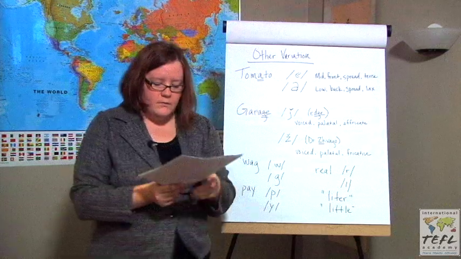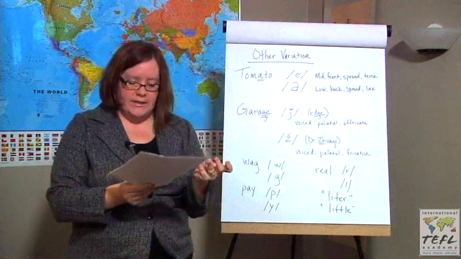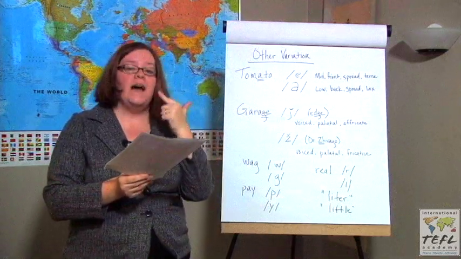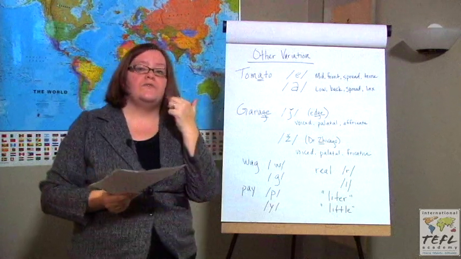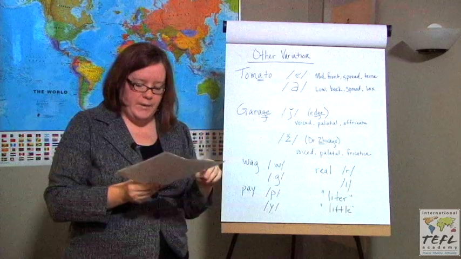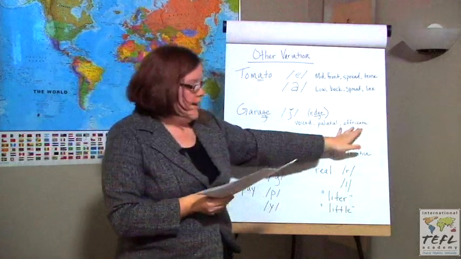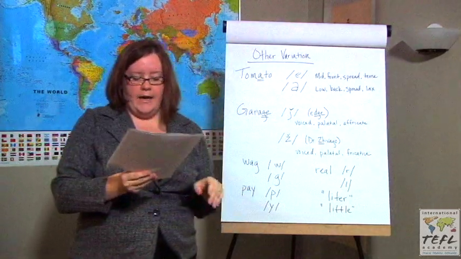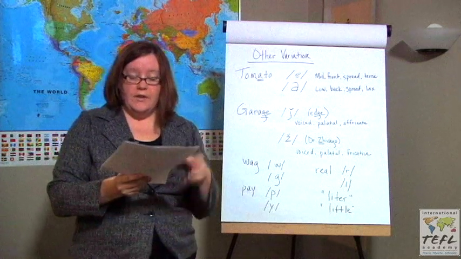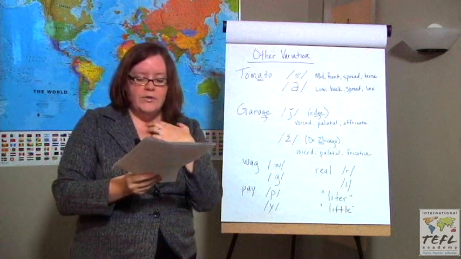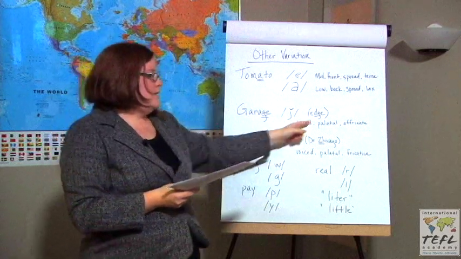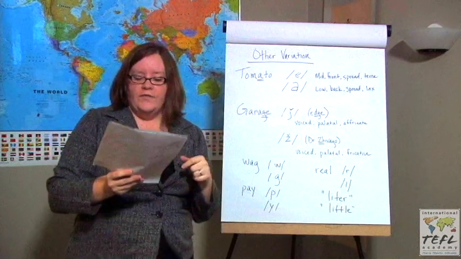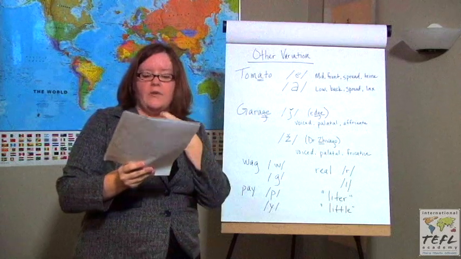Palatal. So the primary constriction is between the tongue and the palate, the top of the mouth. So when you say j, you feel the top of your tongue hitting the roof of your mouth. And then finally an affricate. That means you begin with complete closure in the vocal tract and you end with a narrow opening. So practice saying that sound, j, j, and feel how the air is coming out and how your vocal cords